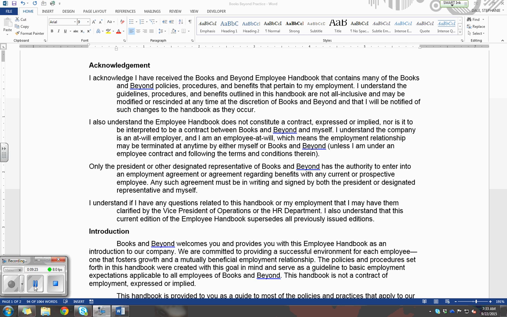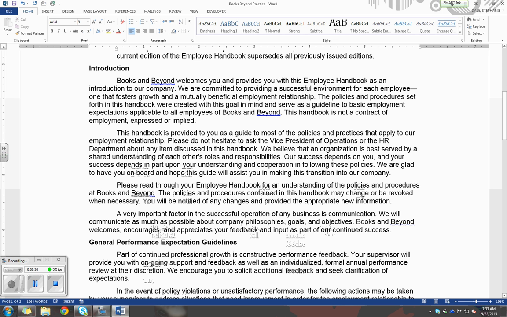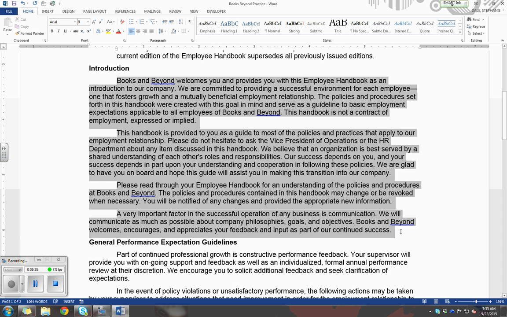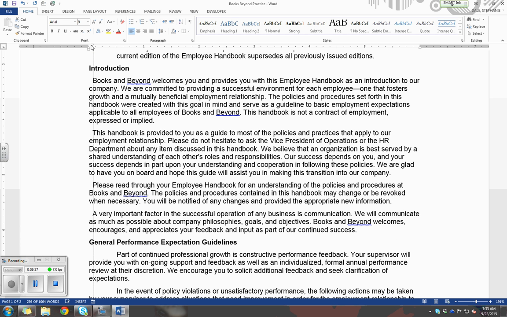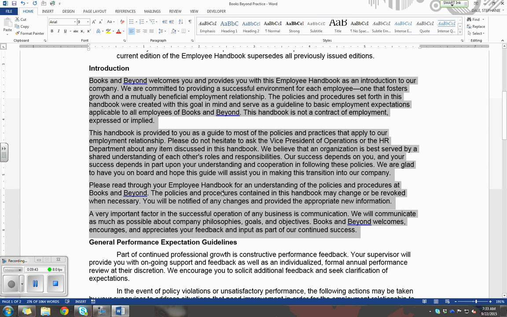Next, we're going to learn how to set left and right indentations. So I'm going to scroll down to my Introduction section, and I am going to select the 4 paragraphs, and I'm going to simply move my first line indentation marker back on the ruler, and that will clear out the indentation. We're going to learn how to set a left and right indentation using the shortcut keys. So with the paragraphs still selected, I'm going to go up to the Home tab, Paragraph group,